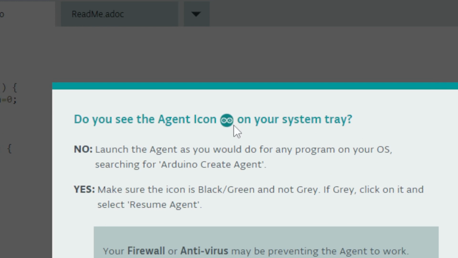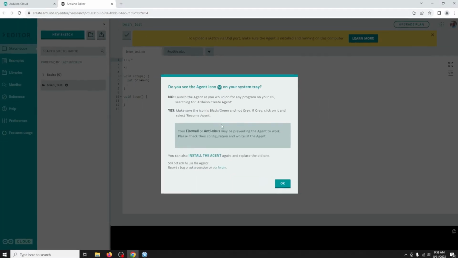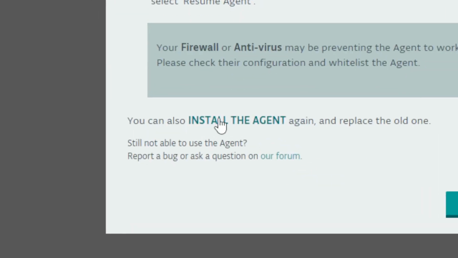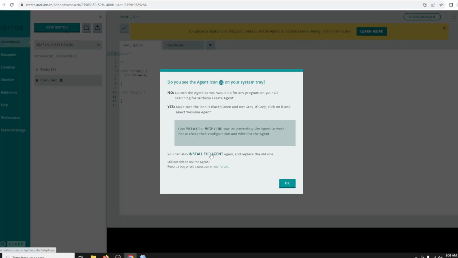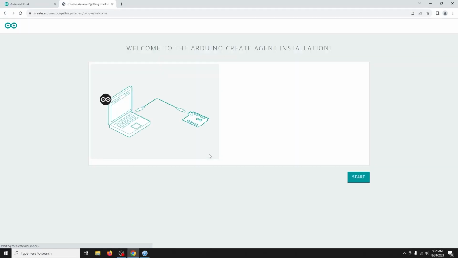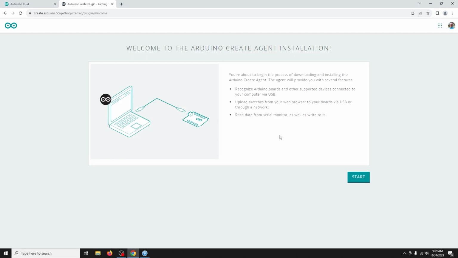Now, this is the first time that I'm using the web editor on this computer, so I will need to install the agent. So right on this window, you can see we have the choice. You can install the agent. All right, and let's go ahead and go through the process here on my Windows 10 computer. Again, it may look a little bit different on your computer. I'm going to click on Install the agent, and then it takes me to this screen, and it's saying, Welcome to the Arduino Create Agent Installation. And then I'm going to click on Start,